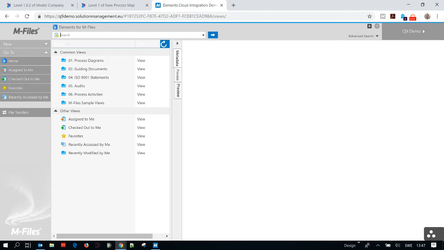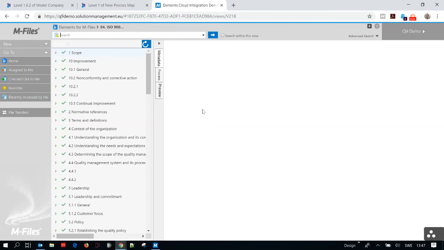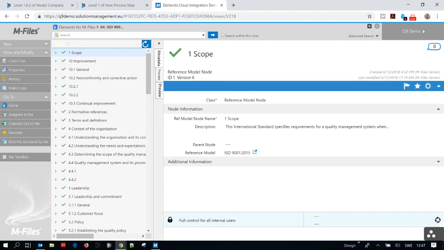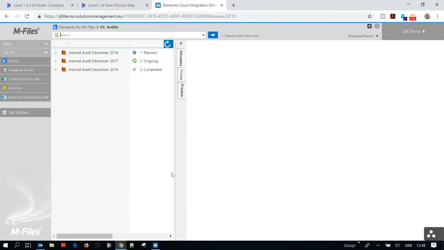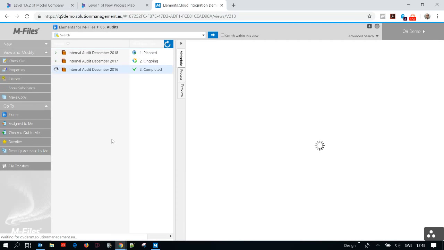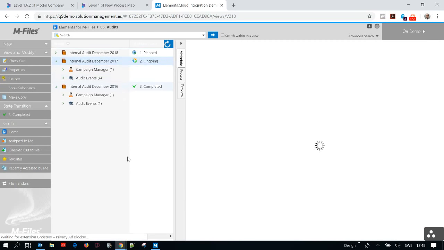If I go into these ISO statements, I can get these from Elements, where it's really easy to manage these in a controlled way, and then it'll show up in M-Files. I can create relationships between these and the process diagrams. So here you have an example of that, where we have audits. So for instance, if I'm supposed to be auditing a specific set of